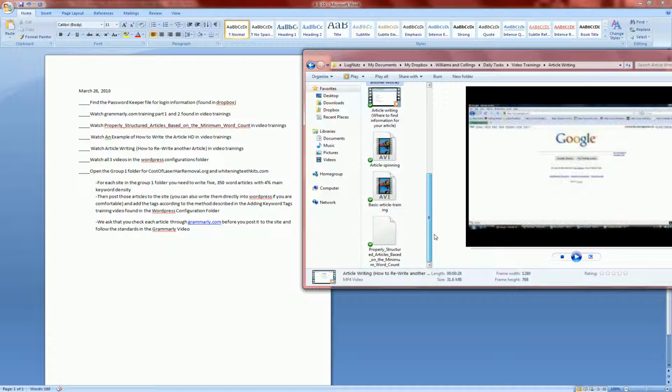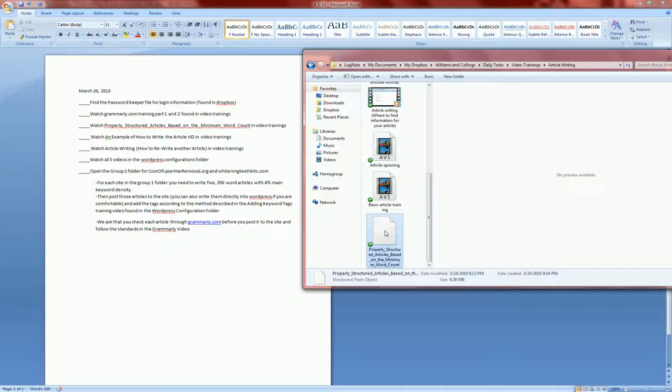So the last one that you'll watch is the very bottom one here. Properly structured articles based on minimum word count. So make sure that you're watching these articles. If you need to, watch them a couple times. Make sure that you got all the